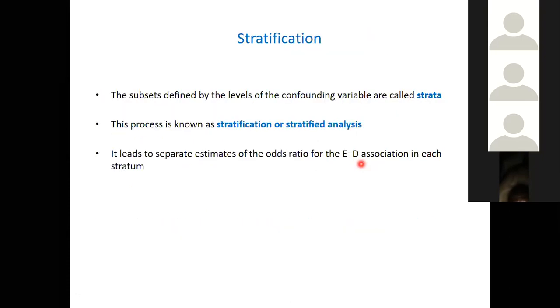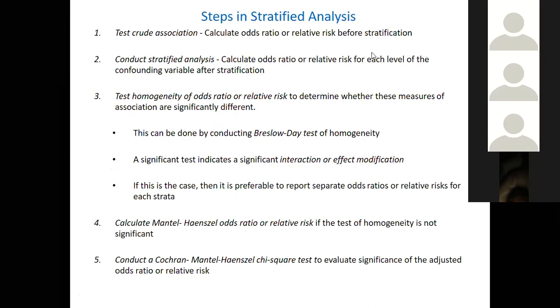Yeah, we have just talked about this. Now, the stratification we are talking about is a subset defined by the level of the confounding variable. I want to start discussing confounding and how to remove confounding through stratification. Because you do it across the different strata, that's why they call it stratified analysis. Now, the steps to do stratified analysis actually incorporate what you do to detect effect modification